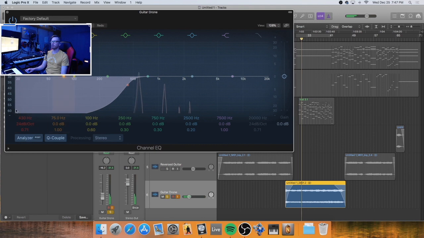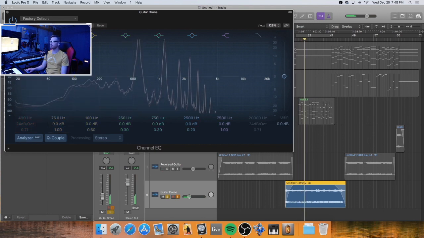Everything below that, you can't really see anything, but when I go down here, you see that there is sonic information here, which is not going to contribute anything to the mix other than making it kind of muddy, because when you have three guitar parts or multiple instruments that have this stuff going on,